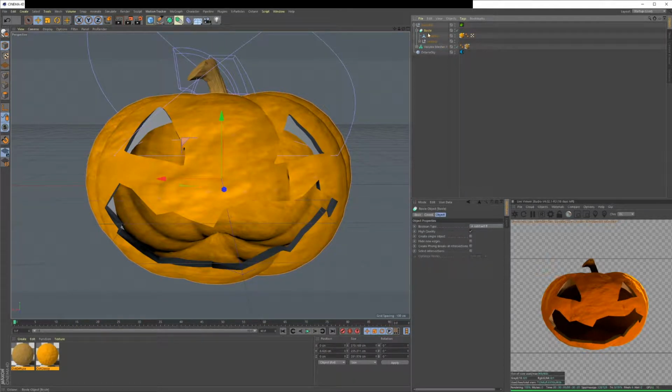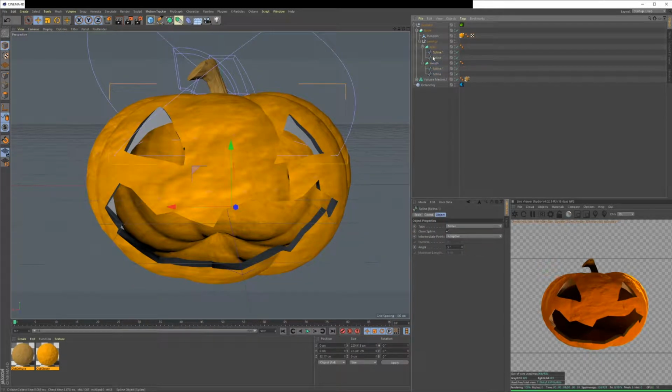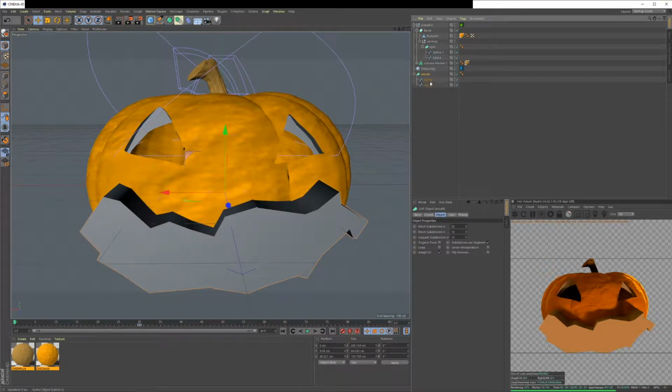So you want to navigate to this bool. And then in here, you're going to have your pumpkin and your carvings. So in this null object that says carvings, you have these two loft objects. And inside of them, you'll see that they have splines. So if we just take this out, let's do the mouth first. You can see that